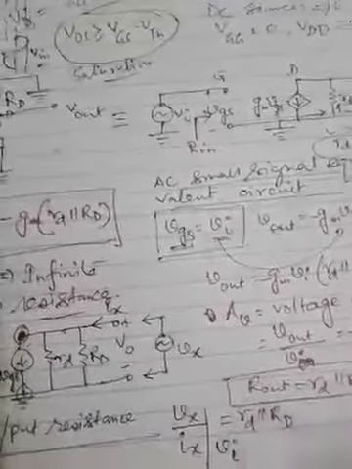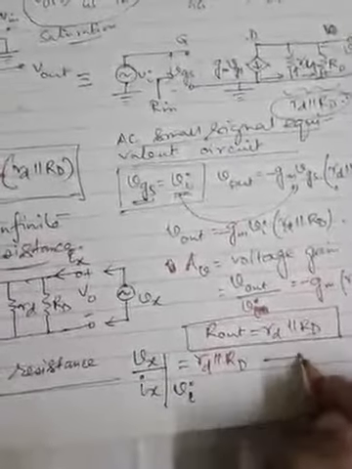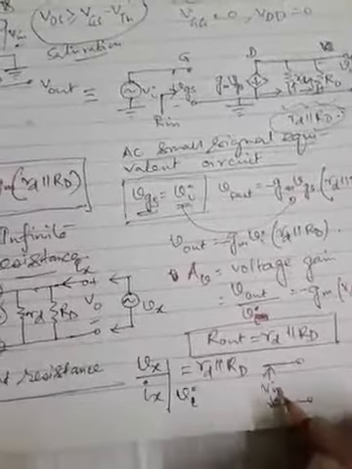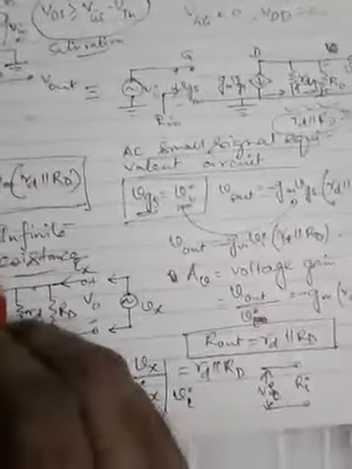Now if we draw the final equivalent circuit using Rout, Rin and AV, the final circuit will look like this. At the input circuit, Vin or Vi is applied, whatever the input voltage. Ri is here, which is represented as an open circuit because of the infinite resistance. At the output side, the voltage source is minus AV into Vi. The voltage gain is shown like this. Rout is the resistance, and across that Vout, the output voltage, is taken. So the final output is taken from here.